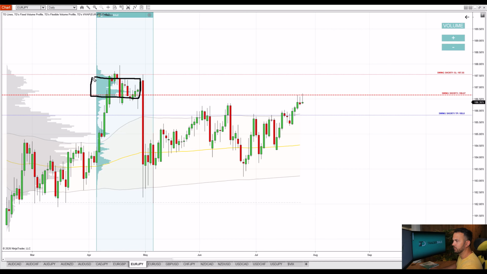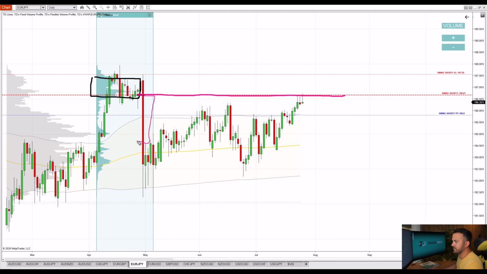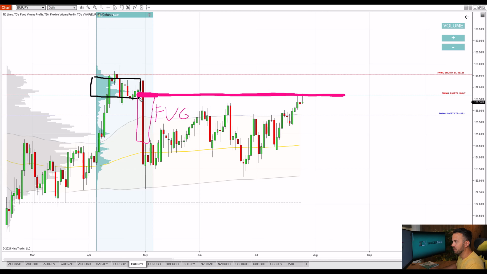There was this heavy volume zone formed, and this level is at the beginning of the heavy volume zone, as well as the beginning of this massive fair value gap. See, this is the fair value gap. In a bearish scenario, this is the beginning of the fair value gap, right? And that's what I want to trade. I want to trade the beginning of the fair value gap as well as the beginning of the heavy volume zone. So I was waiting for a pullback, and right now the price finally hit that level at 186.67,